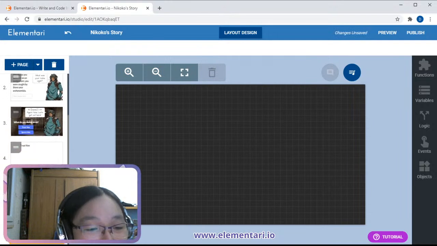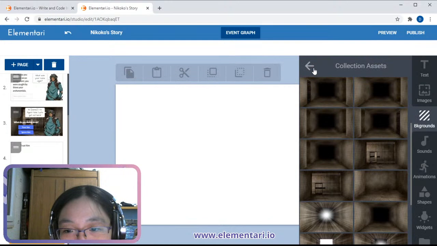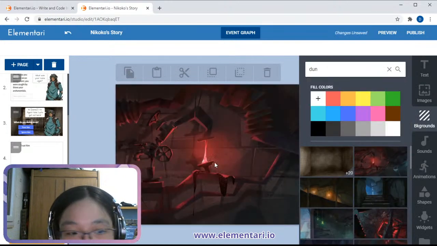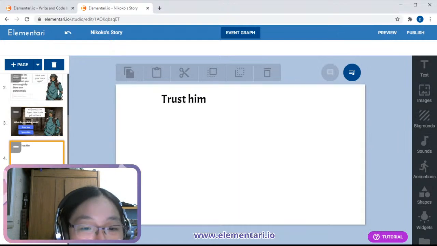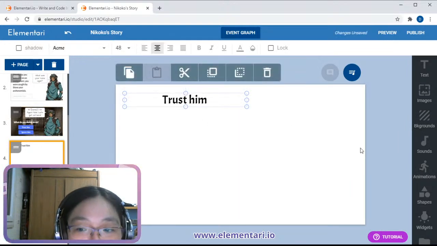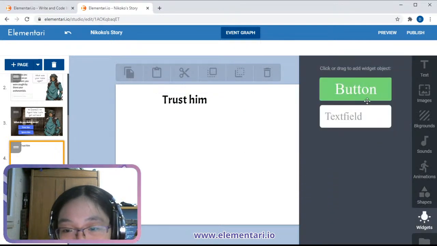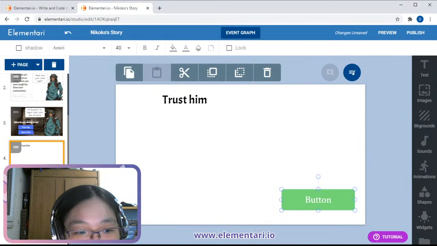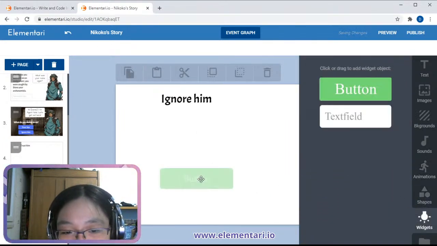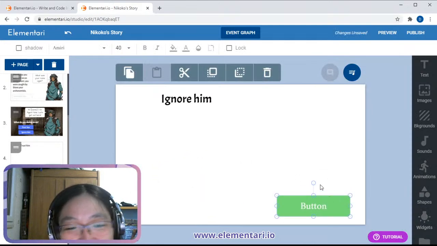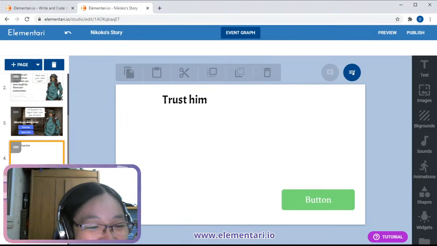Let's say this is our sad dead page. And let's just pretend that no matter what choice you make here, you're going to have a button that always makes him die every time. So it's a very sad escape room. You don't escape, essentially.